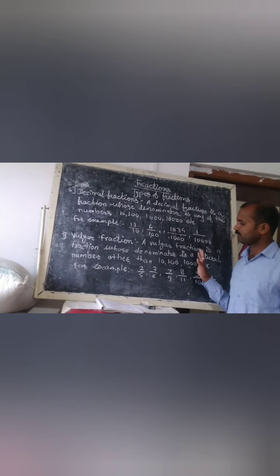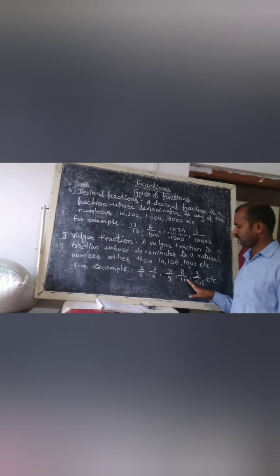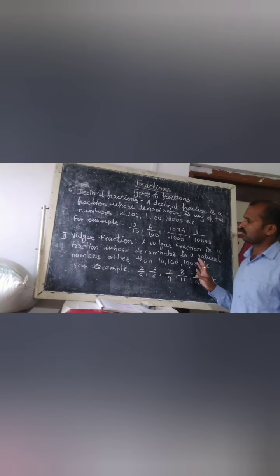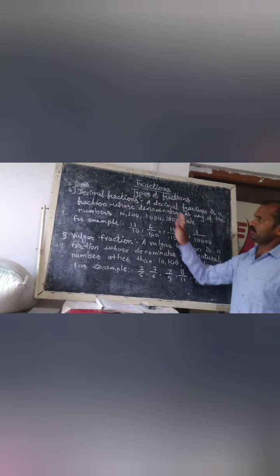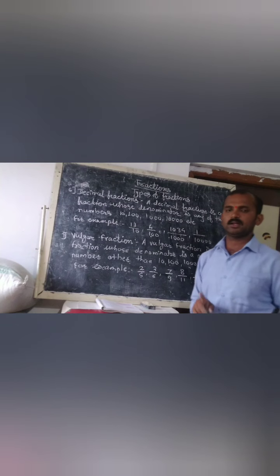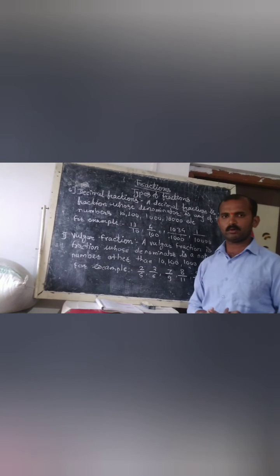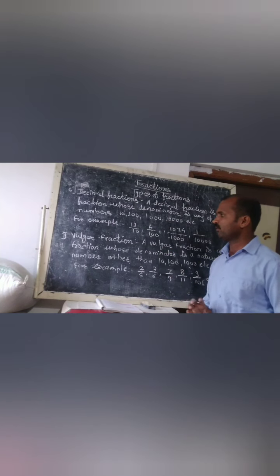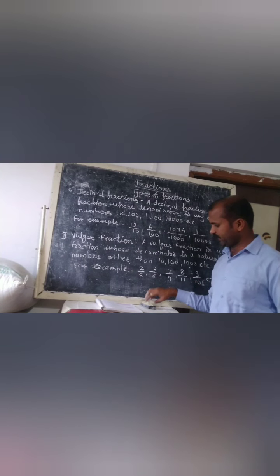So here their denominators are not 10, 100 or 1000. So these are called vulgar fractions. Decimal fraction and vulgar fraction are opposite in the same way as like and unlike, and proper and improper. Then one type is remaining,